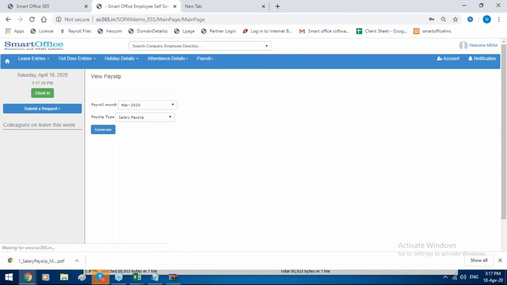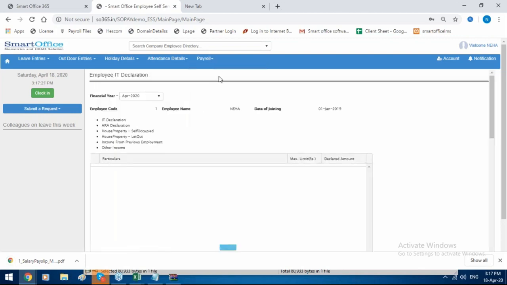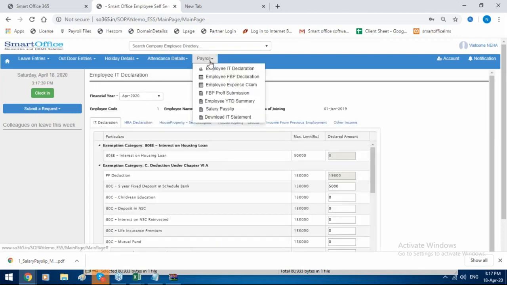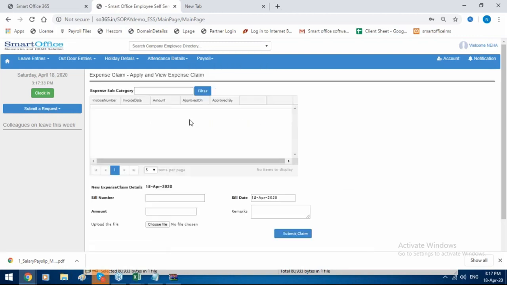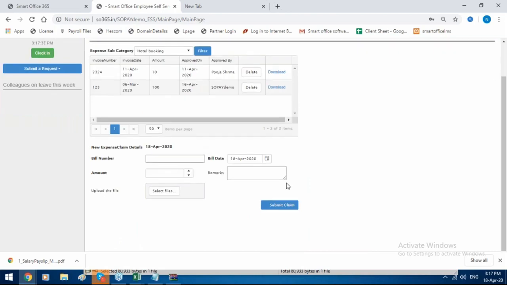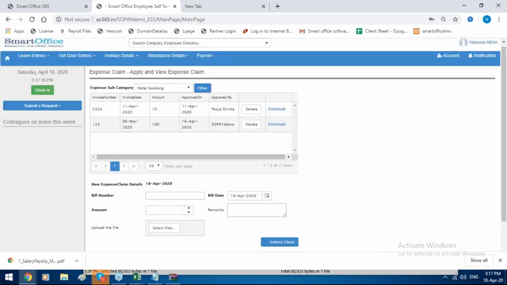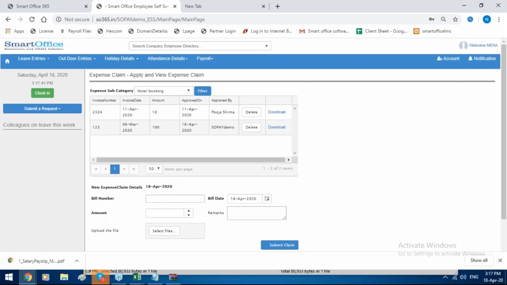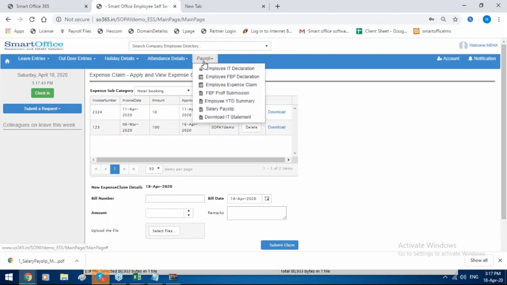They can declare employee IT declaration from the mobile application, FPB declaration, apart from expense claim as I told, so they can apply the expense claim from the mobile application also. Okay, a manager can approve expense claims from the mobile application.